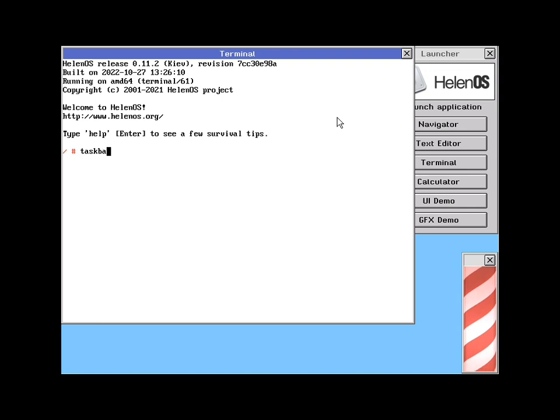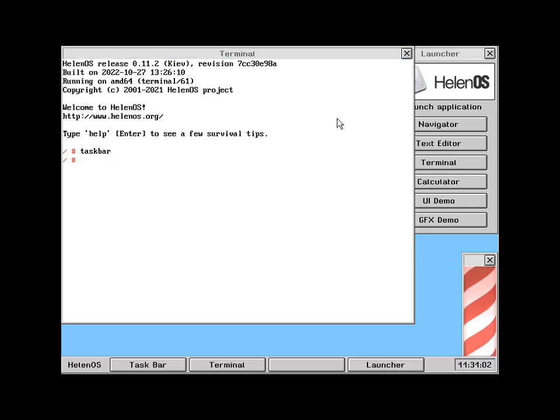So I'm working on the taskbar for HelenOS desktop, and it's a work in progress. You can see it already does quite a number of things, and I wanted to walk you through maybe a little bit of the process I went through to implement this, and what is actually needed, what makes it tick. So first, you pretty much create a window without a title bar, but then there's a